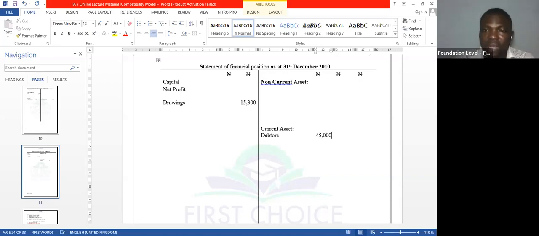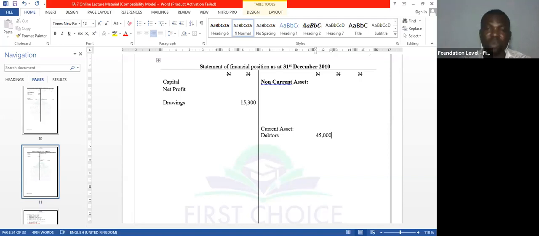45,000. So I'm putting it under the first column of the NERA, which is 45,000. Then I'll remember there are some transactions associated with these debtors. An example is the provision for bad debt, the provision for doubtful debt or allowance for doubtful debt, and also the provision or allowance for discount allowed. These are the items that can affect my debtors, and I'm expected to show them under my financial